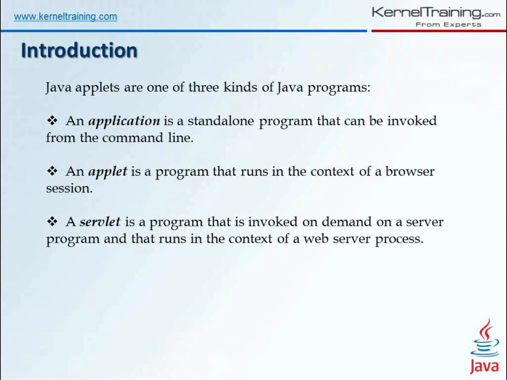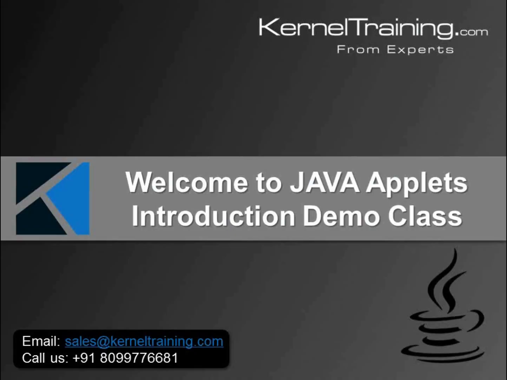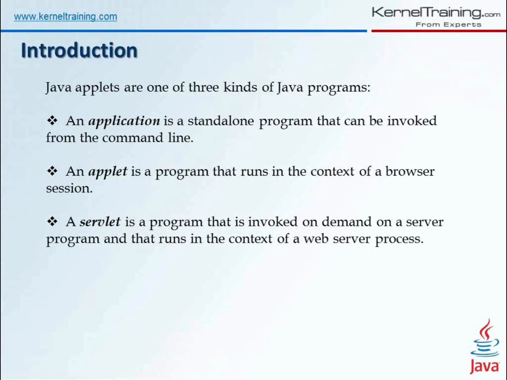Then what about applet? Where am I running an applet? You know that you run a desktop app on the command prompt by using a tool called the JVM. Then what about applet? What is the context of an applet? Simple. An applet runs in a browser. How can I compare a command prompt to a browser? In real time, everybody uses a browser when compared to the command prompt. So here the applets are playing a good role.